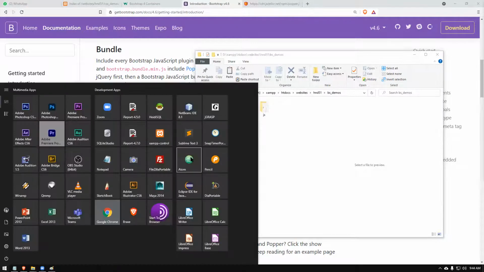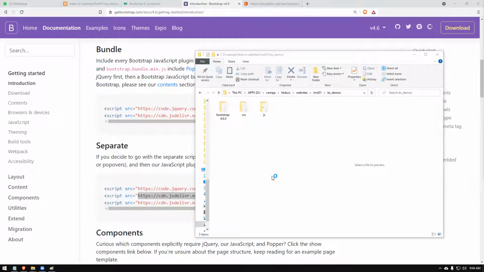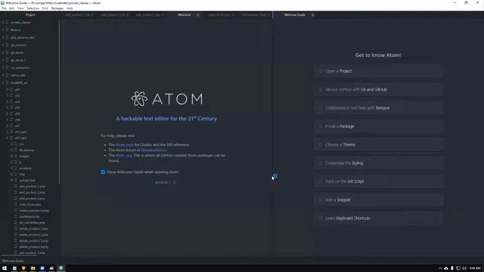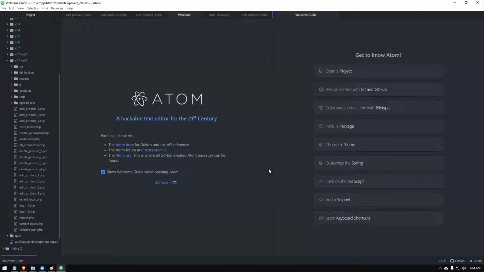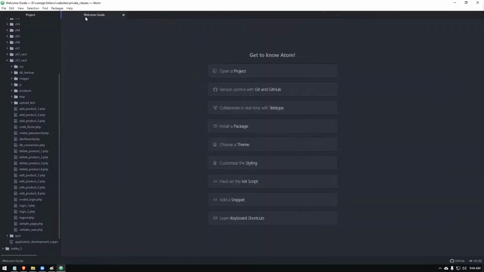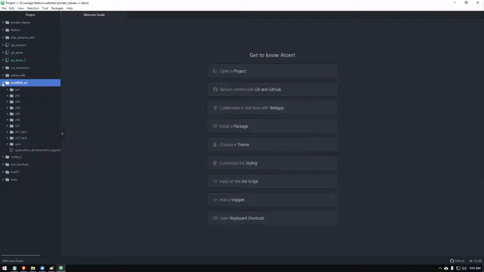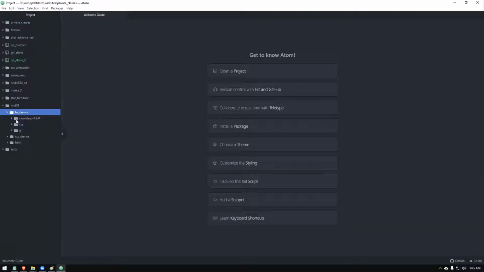Now I'm going to my Atom software. BS demos folder is here.